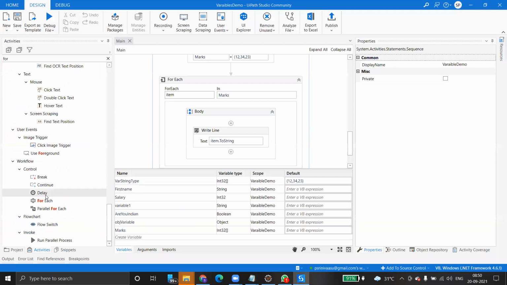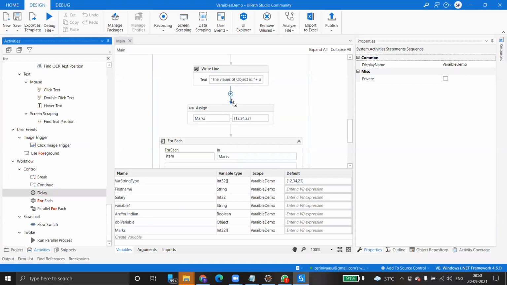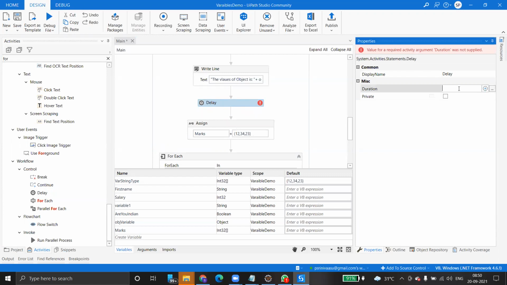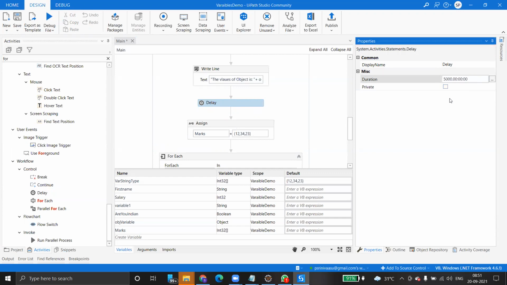So here itself I want to cover one more thing. Delay. I just want to delay the sequence for some time. How to delay it actually? So I want to delay here. What is the value of delay actually? We can add the delay value here. So in milliseconds, 5,000. Okay, done. Okay. So what is the value it can accept?